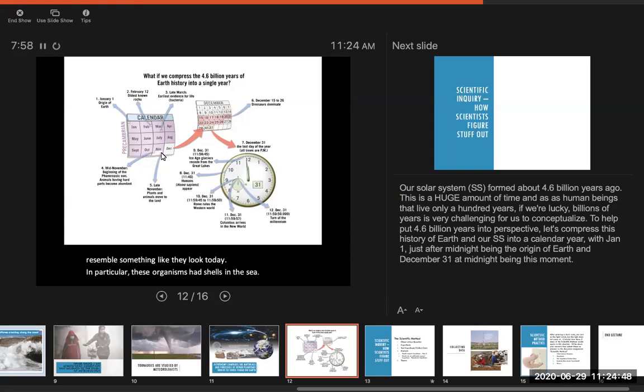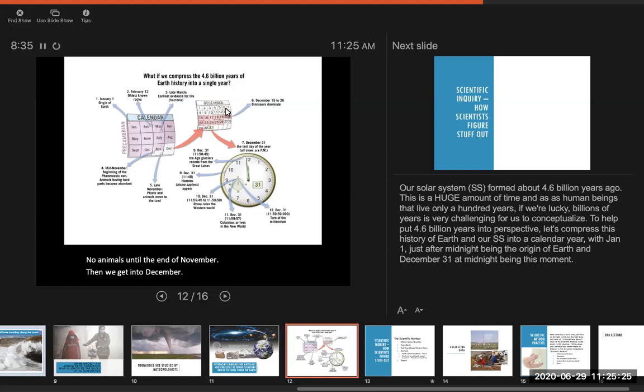It's not until the very end of November that plants and animals actually exist on land. So if you can consider that, all of November, October, September, August, all the way back to the beginning of the year, for 11 months of our history out of 12, there was nothing on land, just rock, completely barren, no greenery, no animals until the end of November. Then we get into December,